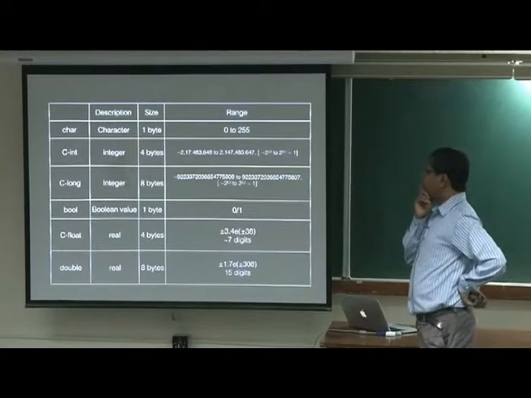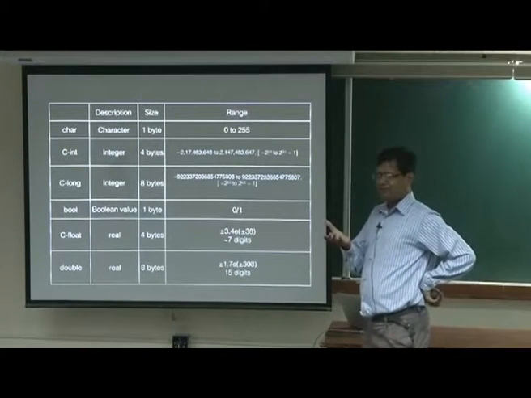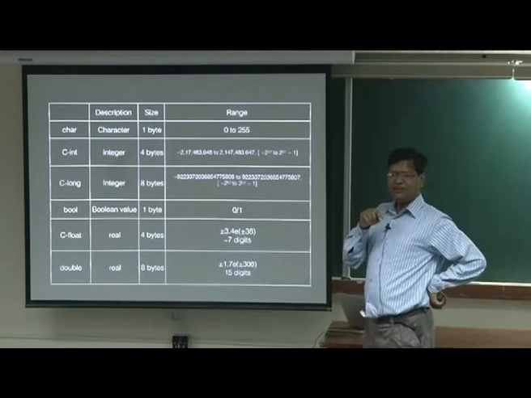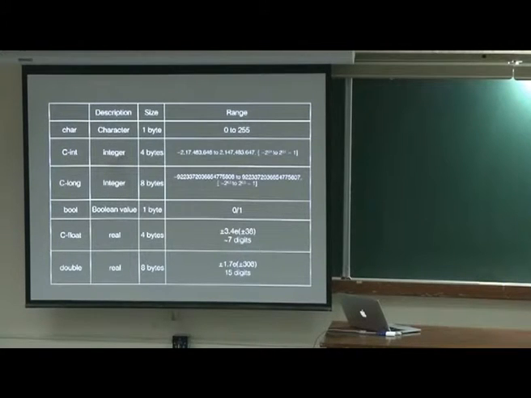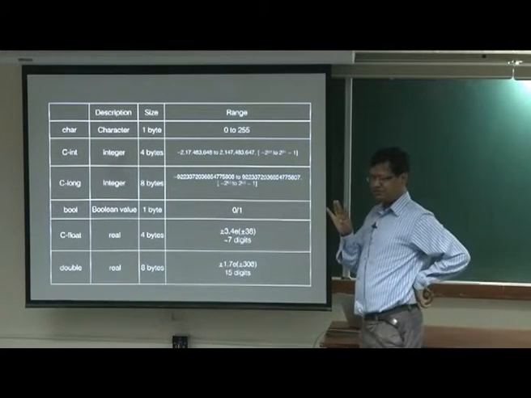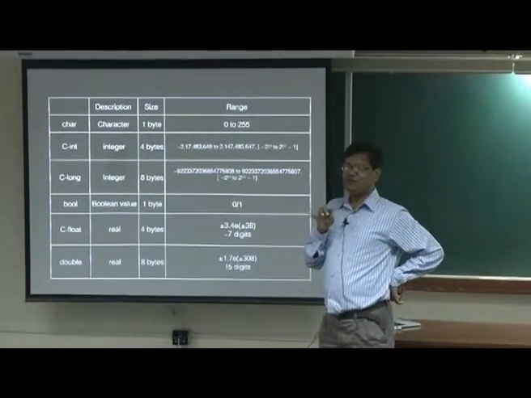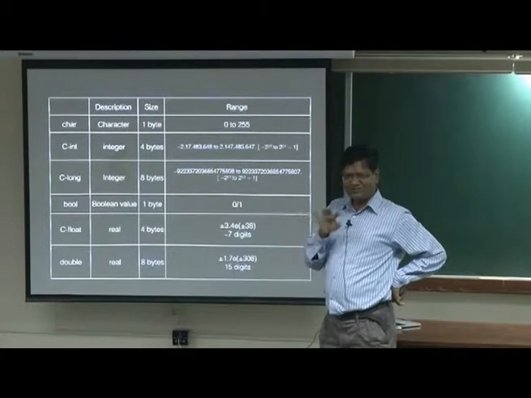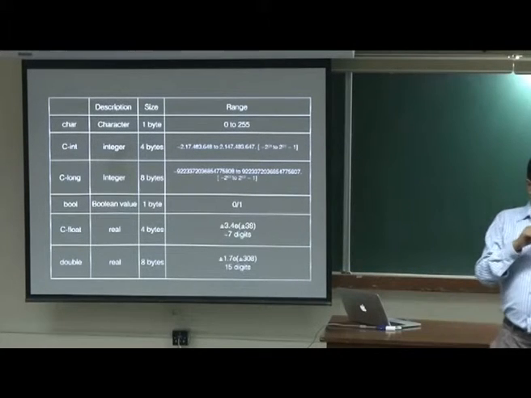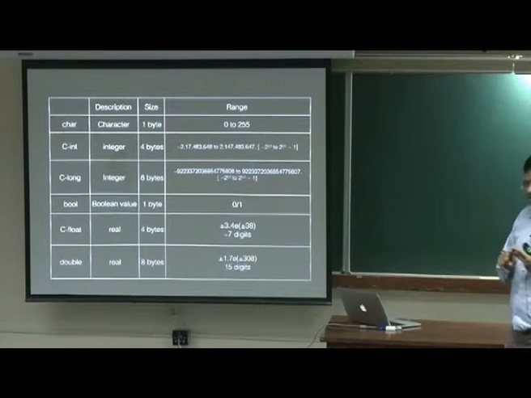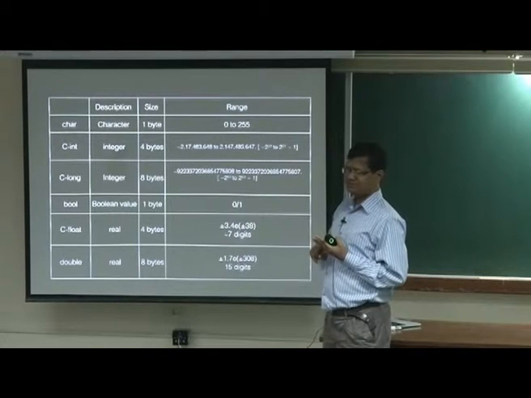So we need to know a little bit about how much storage is required for each unit of data. Character: if I write a text, like your SMS, each character is stored in the computer, and each requires 1 byte, 8 bits. So you can see how many characters I can store in a byte. You know this stuff, no? This is school stuff. If you have one bit, then 0 and 1, only 2 choices. If you have 2 bits, then you have 4 choices, 00 to 11. So if you have 8 bits,